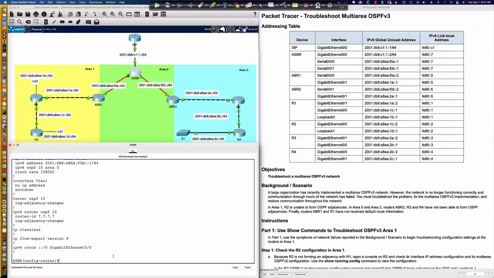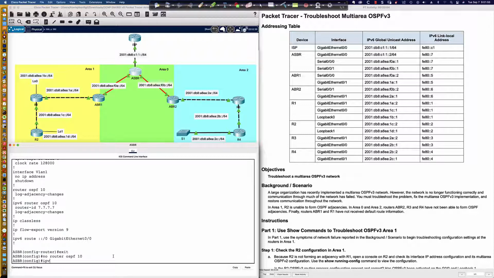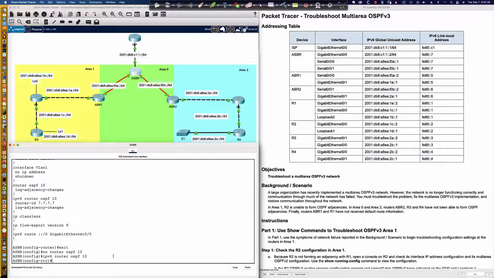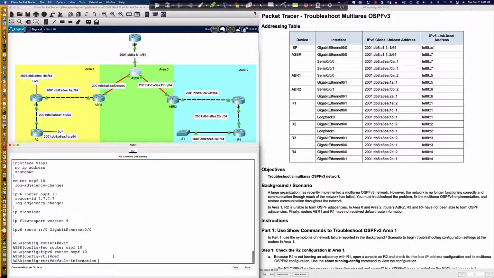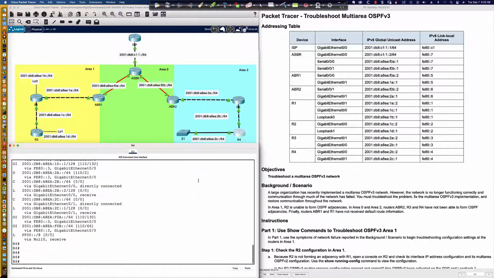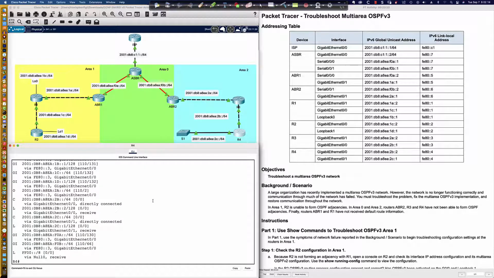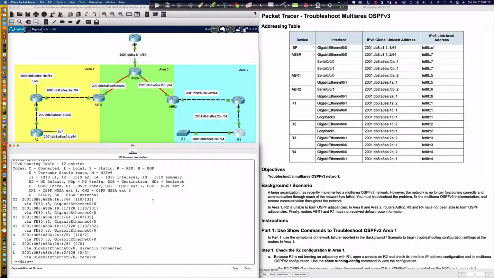Oh, you know what? I keep using the IPv4 command, no router OSPF 10. So IPv6, router OSPF 10. There we go. That's going to be a little bit more productive for us. And then default information originate. So now if I was to drop down here to router 4 and say show IPv6 route, to get out of that IPv4 mindset, we should see shortly here that we're going to pick up